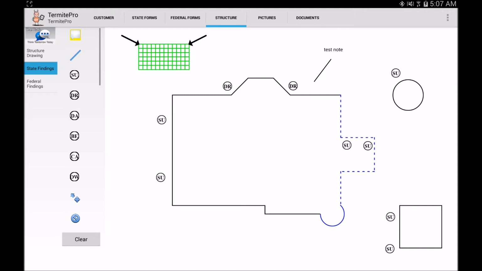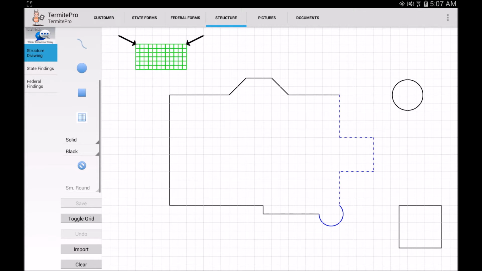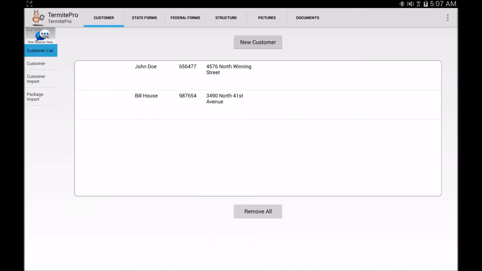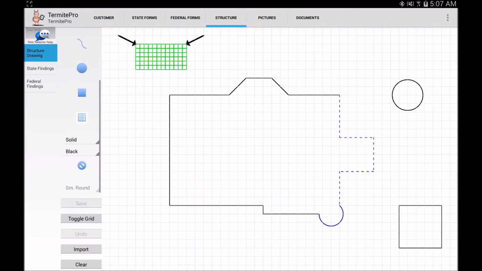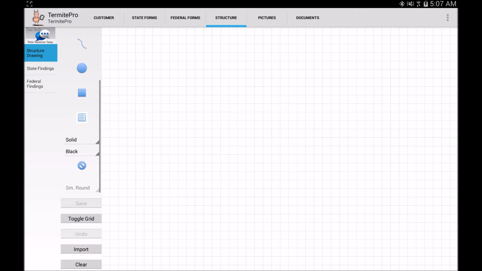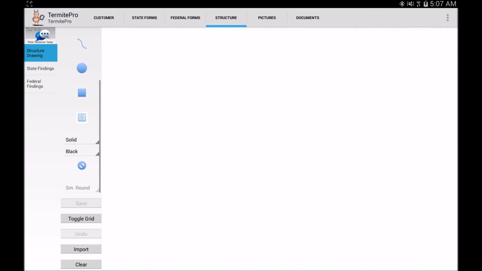Now what we're going to do is a different drawing and use the federal findings layers. This basically covers the state findings, and the drawing remains the same for everything. But let's go back into your customer list, and let's grab Bill House's property for that inspection and go to structure. Right now there's nothing in there, so let's take off the grid, and let's say in this case you wanted to import an aerial view